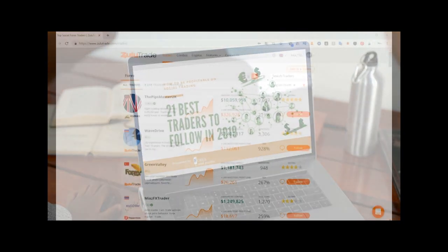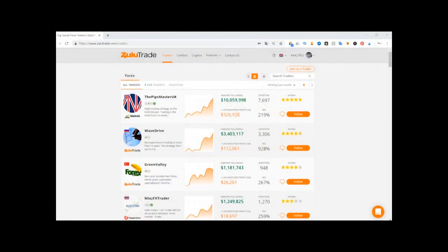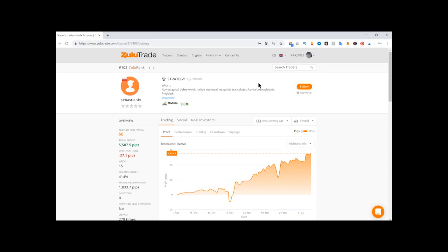So we jump to Zulutrade and we are going to check the behavior of the different traders that we analyzed last week. And the first one on the list was Sebastian Fx. Let's search for him here in Zulutrade. He was actually on spot 342 when we analyzed, and now he is much better, so he's on 102